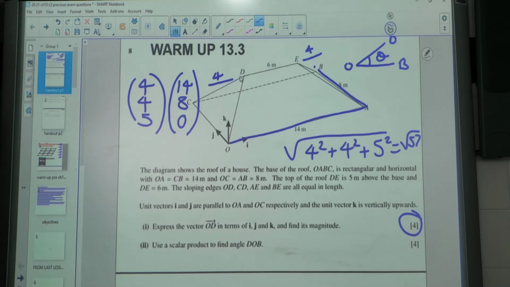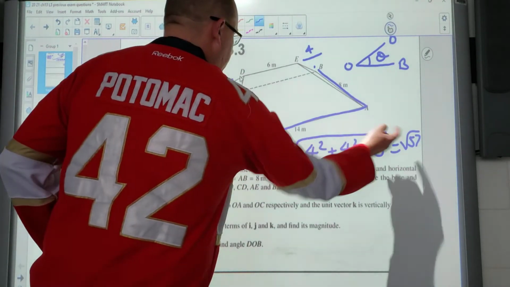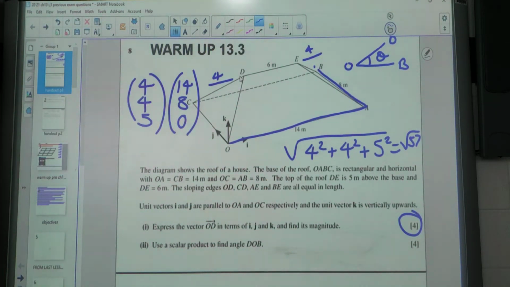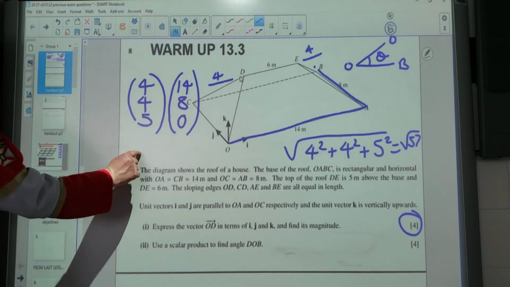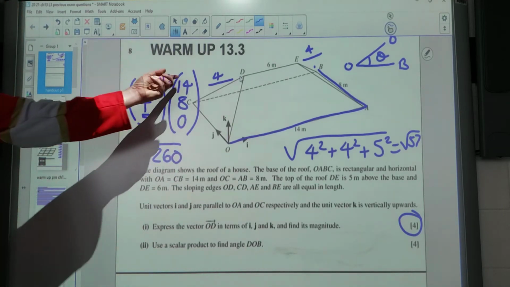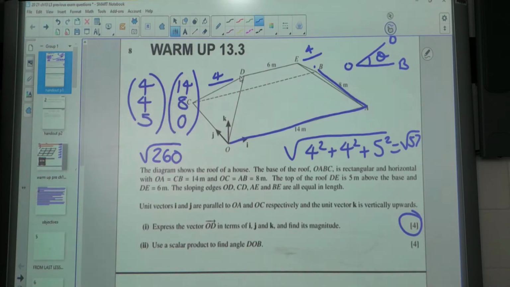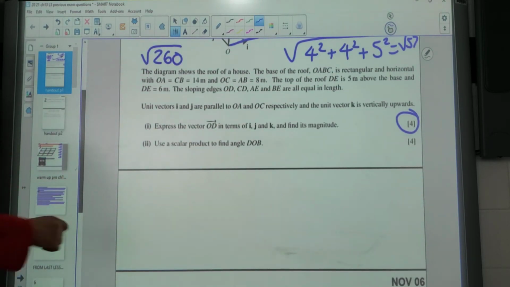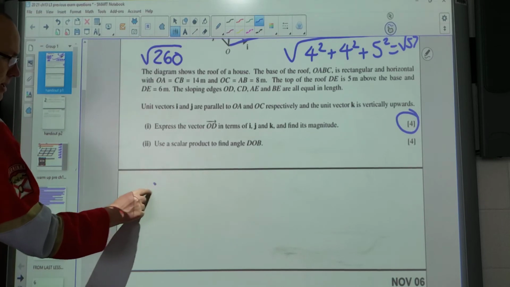Using my dot product formula, I notice I've already worked out some of these things, like the length of this vector. I do need to work out the length of this vector as well. So 14 squared plus 8 squared plus 0 squared, which is 196 plus 64 plus 0, should be square root of 260. And the other part of the dot product, and I'm probably going to need a little more room for this one,